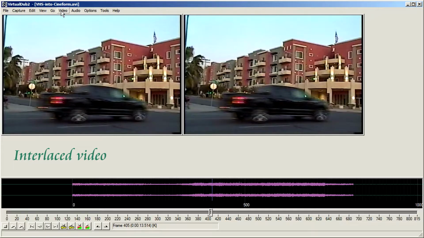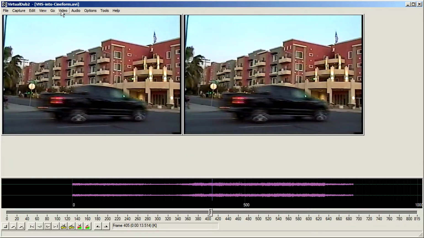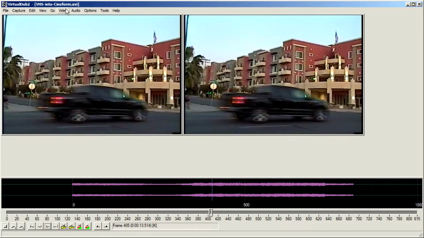This is a situation you will usually see when working with VHS or Hi8 or DV or even 1080i HDV and AVC HD video. The very first thing I do with interlaced video, unless I plan to make a DVD, is convert each field into a complete frame to get rid of combing and to preserve the image rate of the original video. VirtualDub comes with several pre-configured filters which become available when you switch into full processing mode in